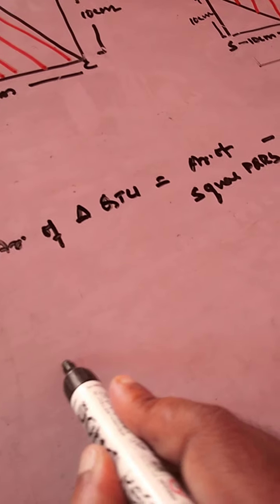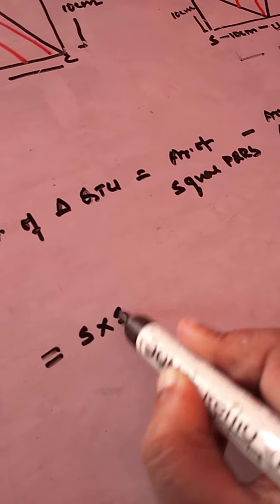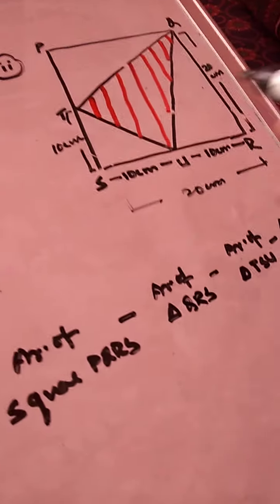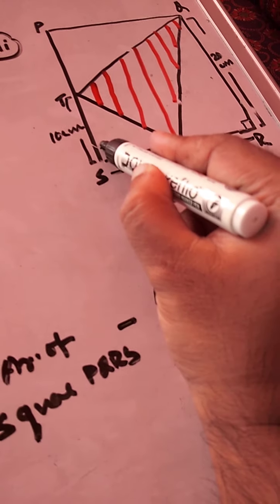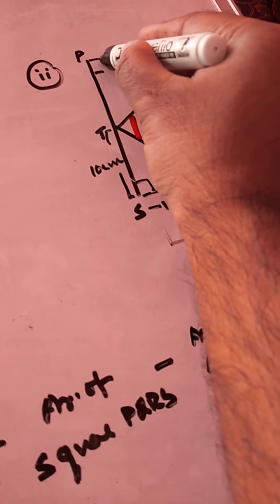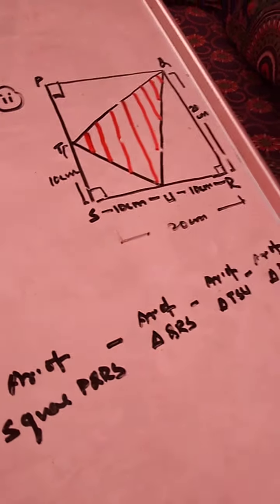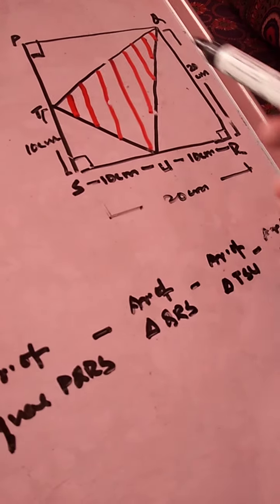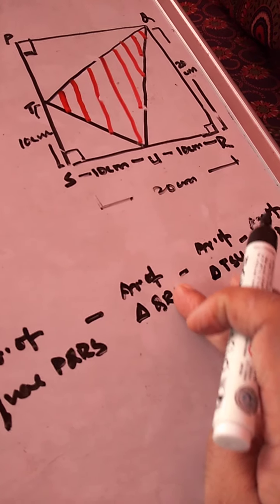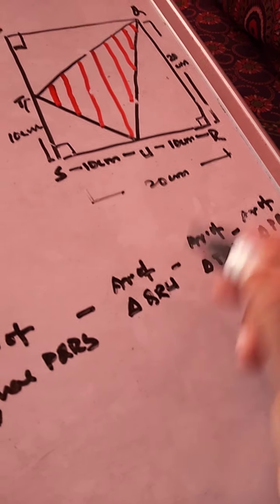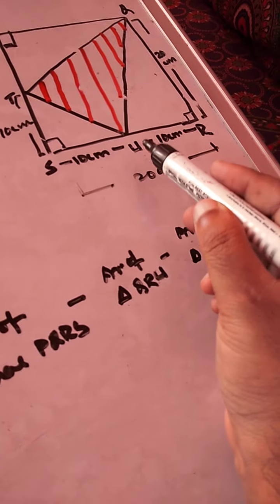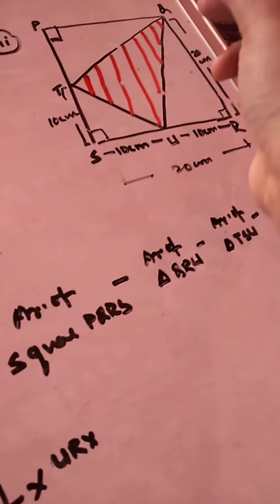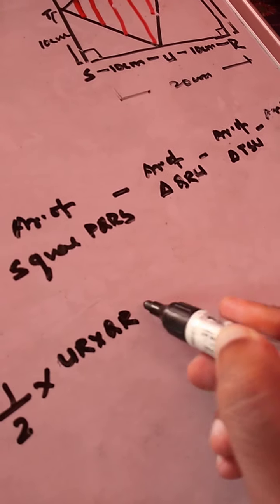Okay, now what is the area of a square? Side into side, isn't it? Side into side, minus the area of a triangle, that is half into base into height, because in a square all the angles are equal to what? Exactly, students, that is 90 degrees. So these are all right angle triangles. Now if I have to get the area of QRU, this is not S, QRU, the base is UR and the height will be considered as QR. So this is half into base into height.